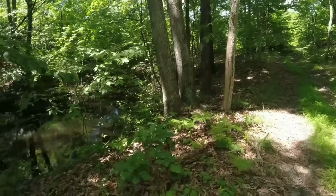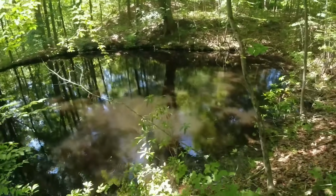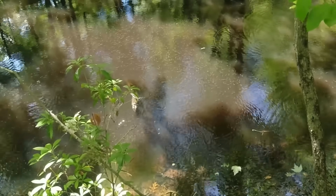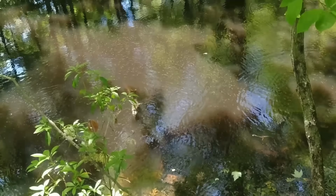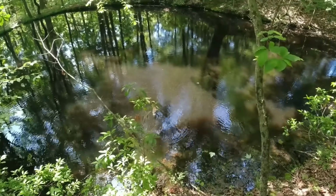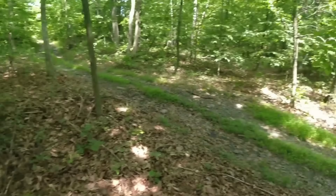And yeah, let me give you one more look here. This thing is infested with tadpoles and frogs. They're actually jumping in. All those things you see in the water, I believe they're little tadpoles, which are going to turn into frogs, if that's how it works. But I don't know how deep it is, and it's not super clear, but it's clear enough to see those. Pretty fascinating. I'm sure there's maybe some fish in there too, or even snakes or turtles. But anyways,